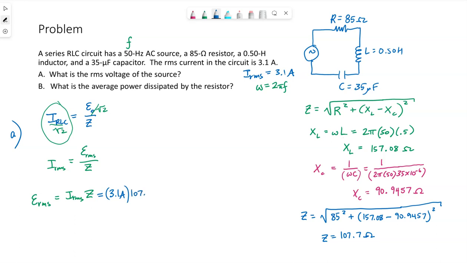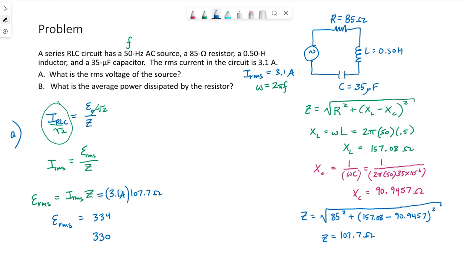We just calculated Z, the overall impedance. So the source voltage, I'm getting 334, but we only have 2 sig figs, so